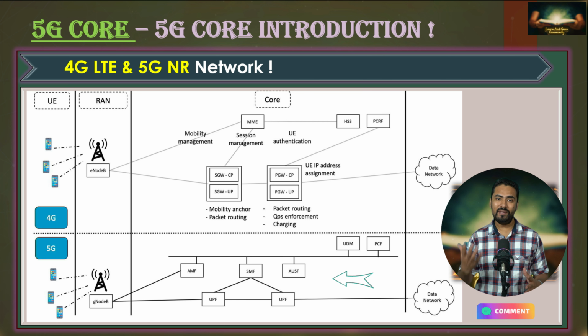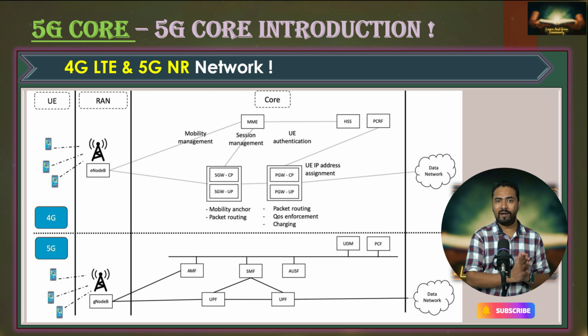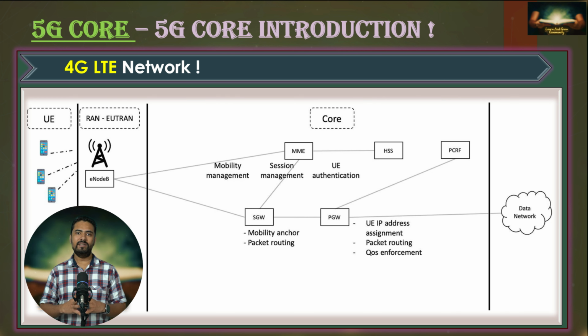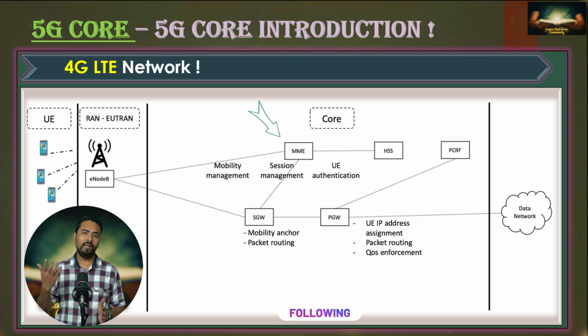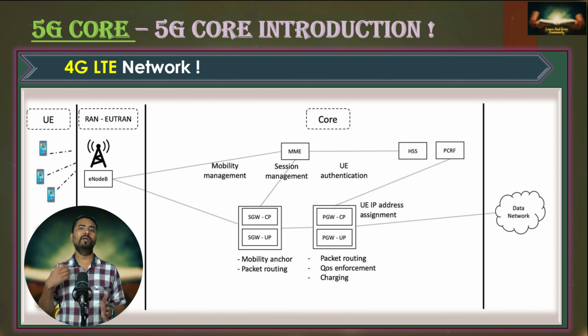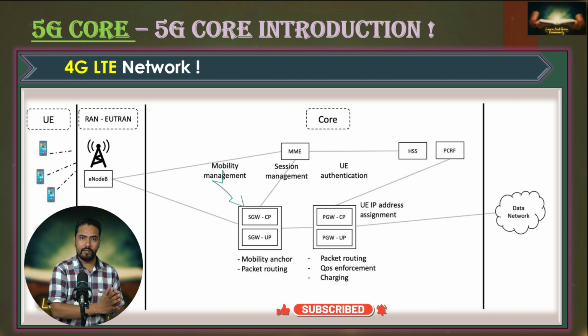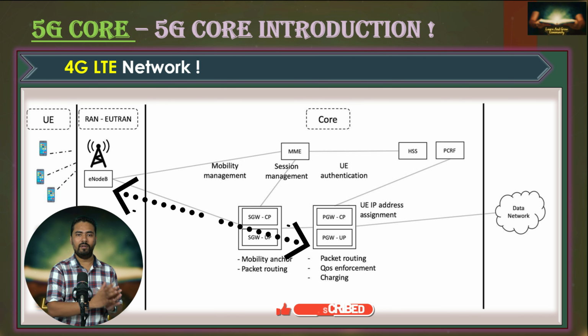Okay, so what are the new key elements in the 5G core network? Well, before moving to the 5G core, let's quickly see the 4G core architecture first. The 4G EPC core, or Evolved Packet Core, is relatively simple. It includes the Mobility Management Entity, MME, which handles mobility management related tasks, session management related tasks and UE authentication. The Serving Gateway, or SGW, is responsible for transferring user data between the 4G radio access network, RAN, and